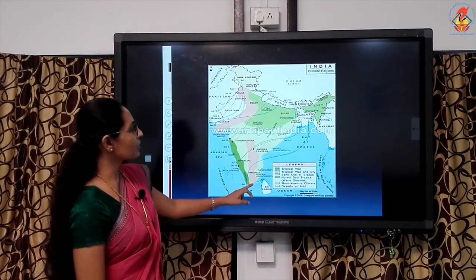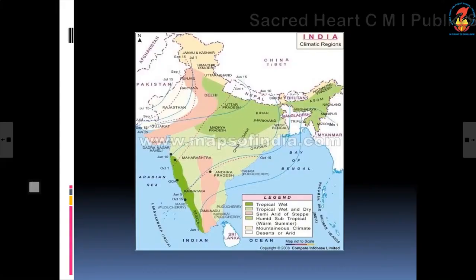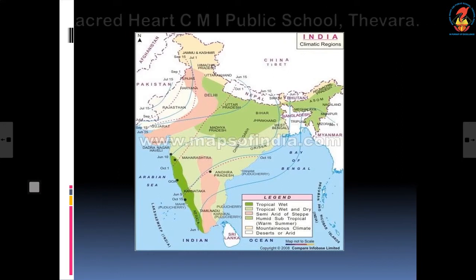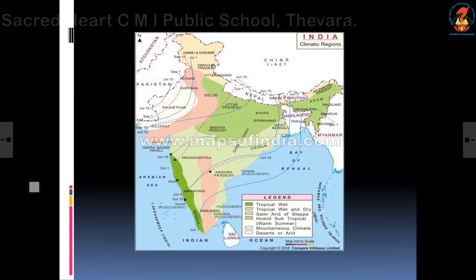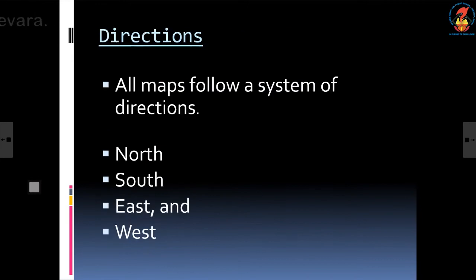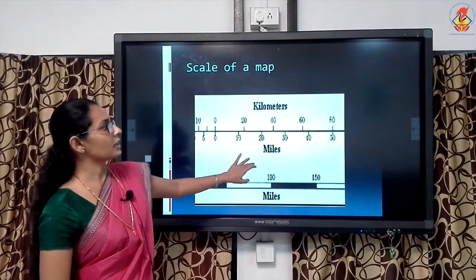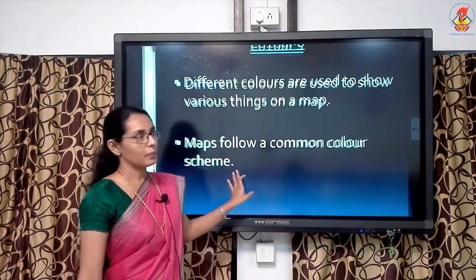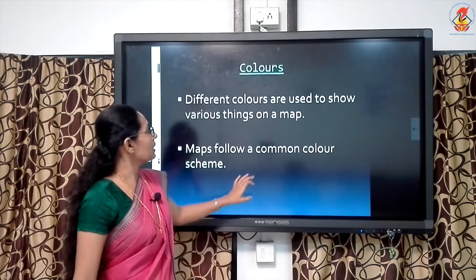Look here also, different colors are given. Water bodies, blue color; plain area, green color; brown, it's almost light color, but brown color is used for highland areas. Clear? And the thick dashes and dots are used for identifying the boundaries. Clear, children? So these are the major important 4 features of a map. Now the last one is